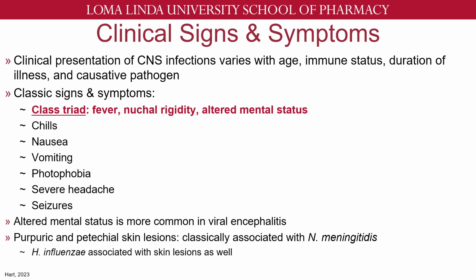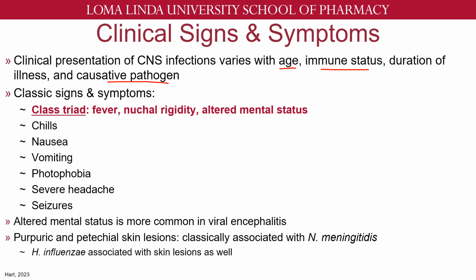So what will a patient look like when they come in to the hospital with meningitis? They're going to look similar to anyone else that comes in with a severe infection. You may see some variations between age, immune status, maybe the duration of illness, like was it a very acute onset versus a more chronic onset? And then you'll also see variations in causative pathogens. But the classic signs and symptoms